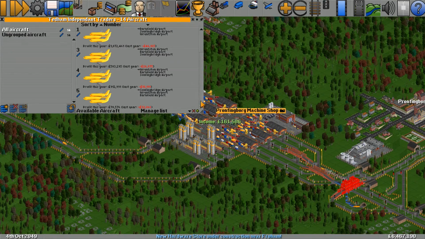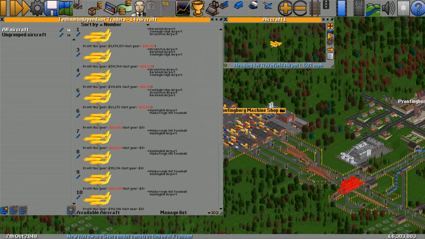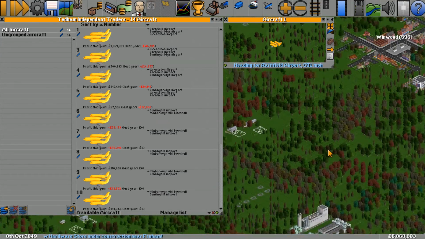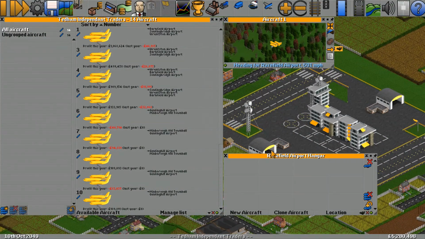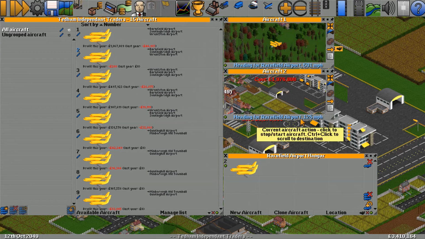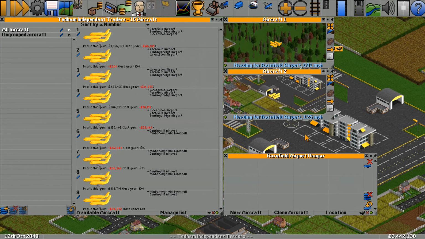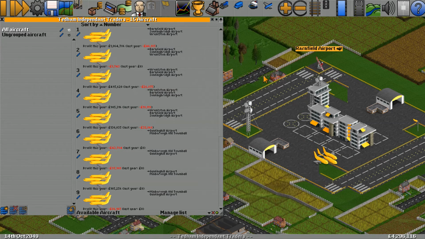Right, so let's check on those aircraft, including the one that's smashed to pieces. Which one was it? Aircraft 2. Oh, Aircraft 2's gone. So we need to clone Aircraft 1. So, clone aircraft. There we are. There's Aircraft 2 being replaced. Oh, God. I hope we don't have any more crashes this episode. Let's see how much money...